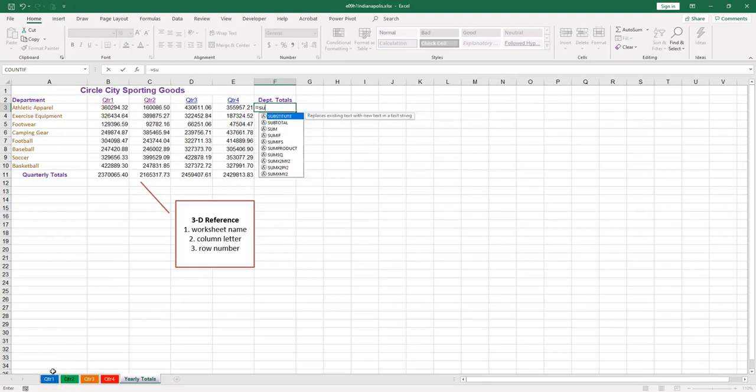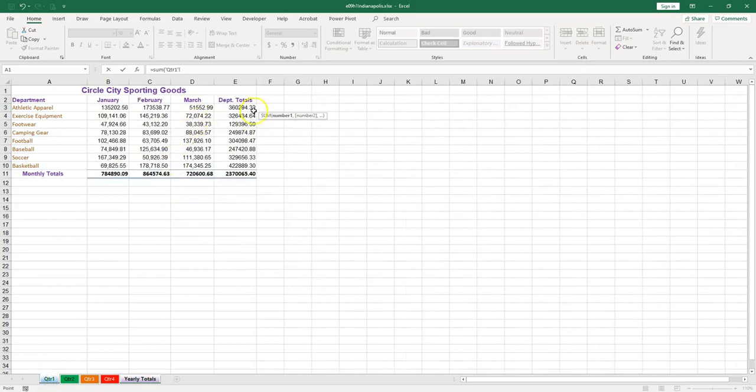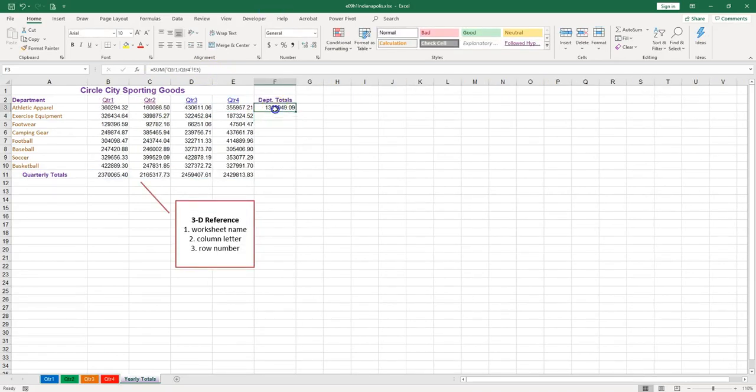So I'm going to type the name of the function, open a parenthesis, and then I want to grab the first quarter, quarter 1, and I'm going to click it, and then I'm going to hold down shift. You see over here QTR1, I'm going to hold down shift to grab all the way to QTR4, and I can actually see it in the formula, and that's it. The closing parenthesis, or you can simply push enter and Excel will take care of it, and then we can bring it down. So that's really cool.